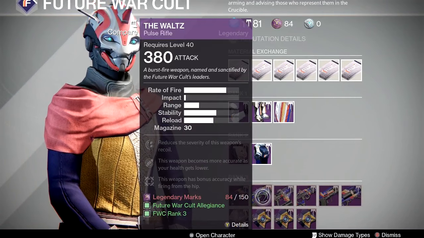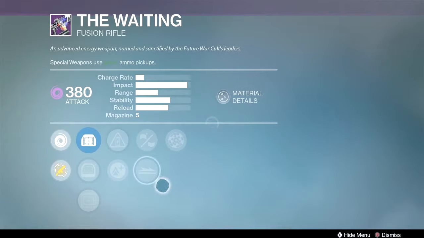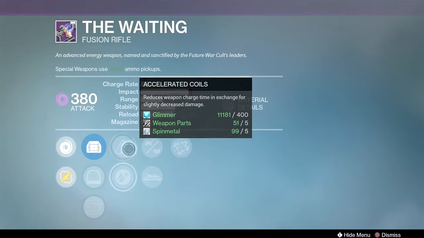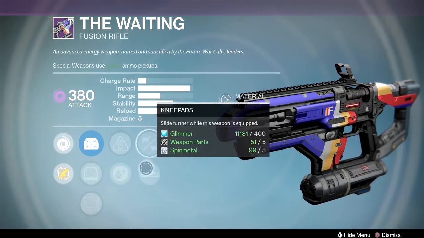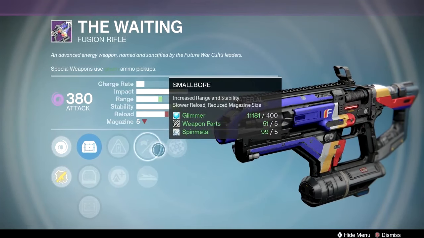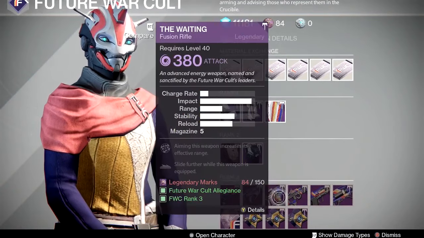Let's see. The waltz. Not seeing anything I'm too crazy about there. The waiting with rangefinder and knee pads, though. And accelerated coils. That's the one to think about if you like fusion rifles. That's pretty good. Small bore's good too. You don't really lose anything losing mag size on fusion rifles. 5 to 4 doesn't, whatever. So,